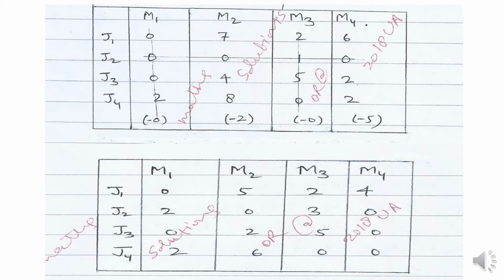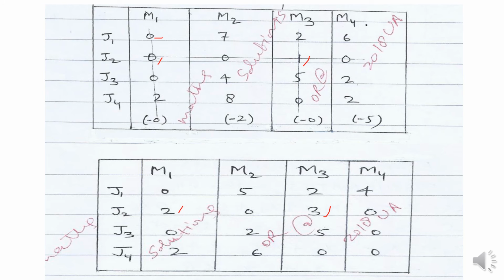So here, as in the previous slide we said, we got element 2 which is not covered by lines and is the minimum. So you can see here this 2 is the minimum, the rest of them are more, that is 4, 8, 7, 6, so the minimum is 2. So what will we do, we will add 2 to the intersected cell. So this is an intersected cell, so we have added, it comes to 2. Then we have this intersected cell, so we add, this is 3.